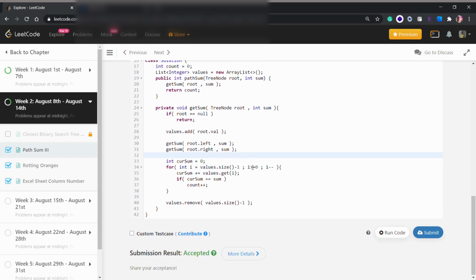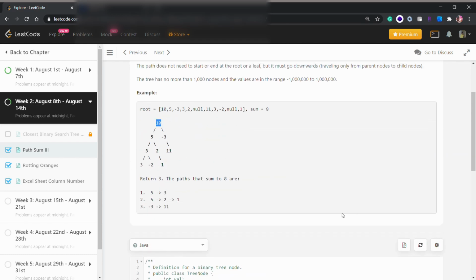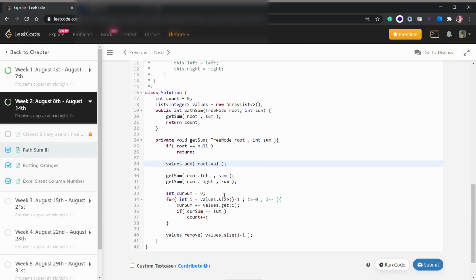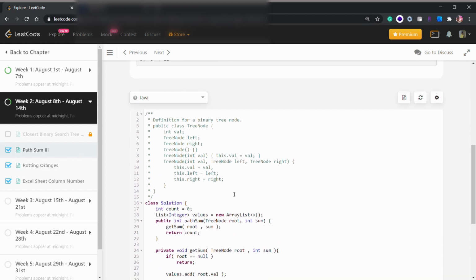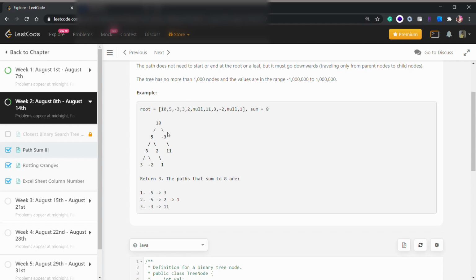That's why we have this base check condition. If our root is null, we just return. Now we are adding our root value. For example, here we have 10, so we will add 10. Then using these two statements recursively, we will first go left.